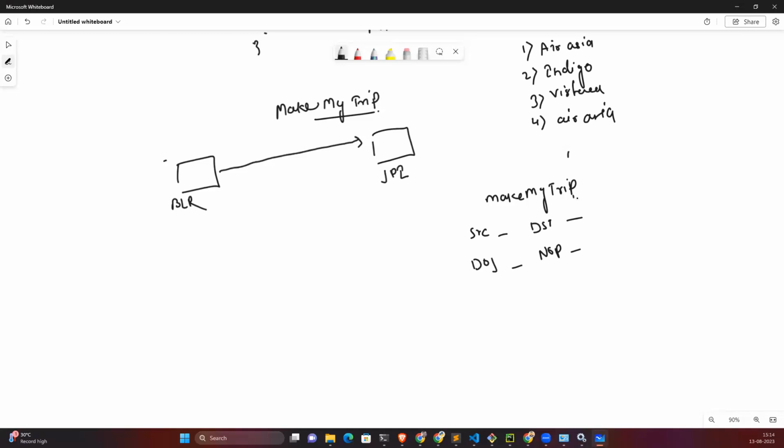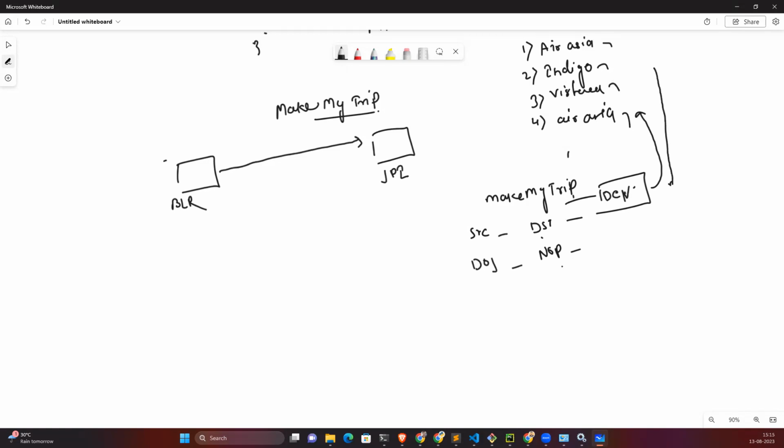and as soon as I pass this information, the Make My Trip developers, who have written some code in some language, like Node.js, Python, or anything, have APIs of Air Asia, Indigo, Vistara, and so on, and they call them with this request. This is called a request. They send this request to all the services, and as soon as they request their services, these services return some response.